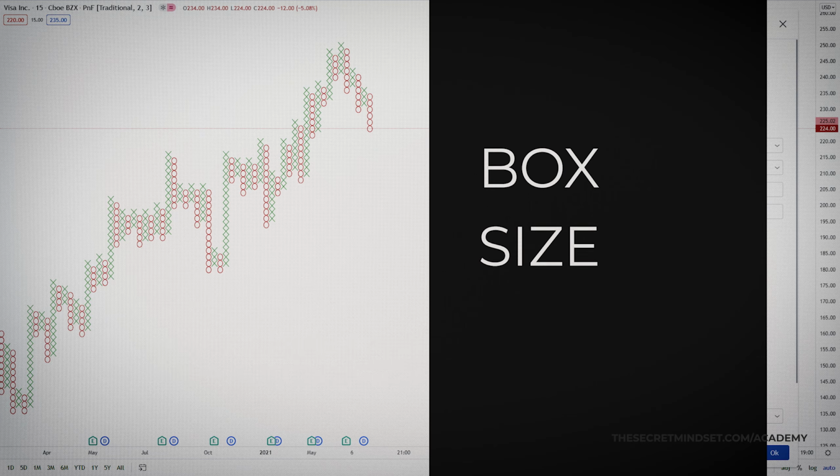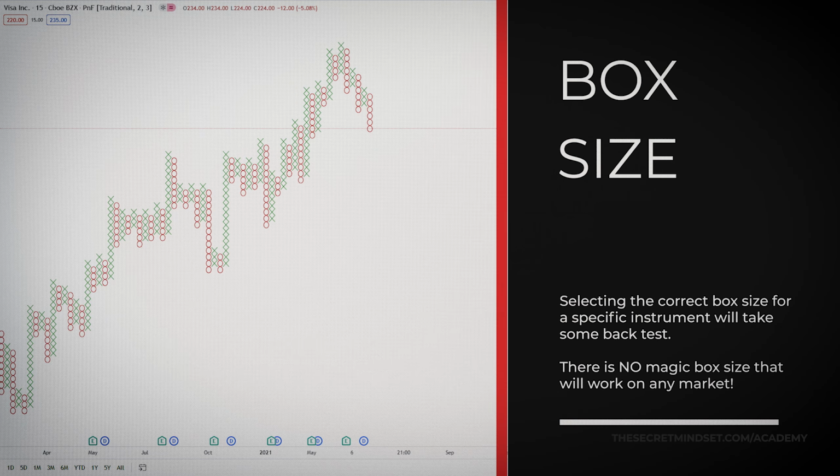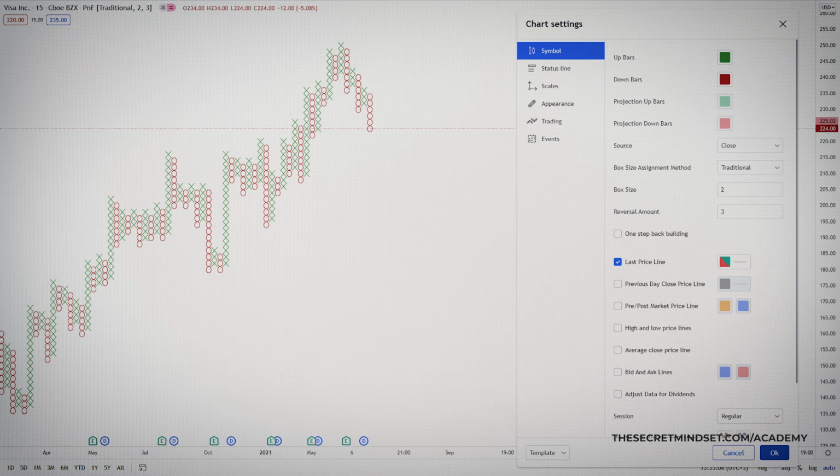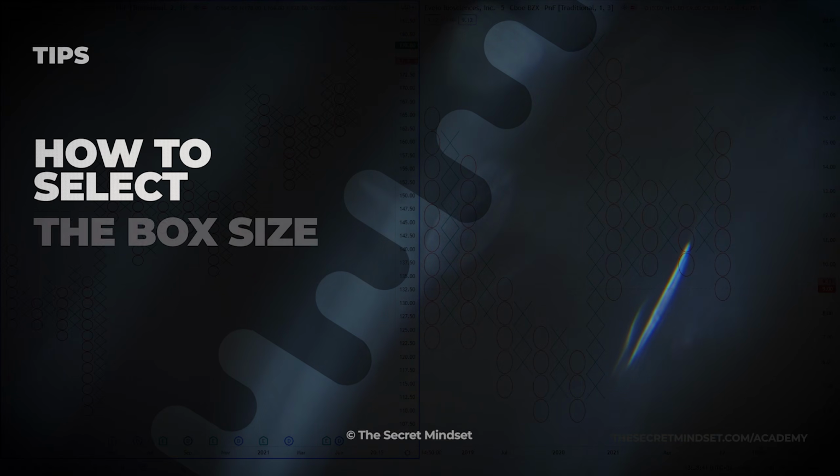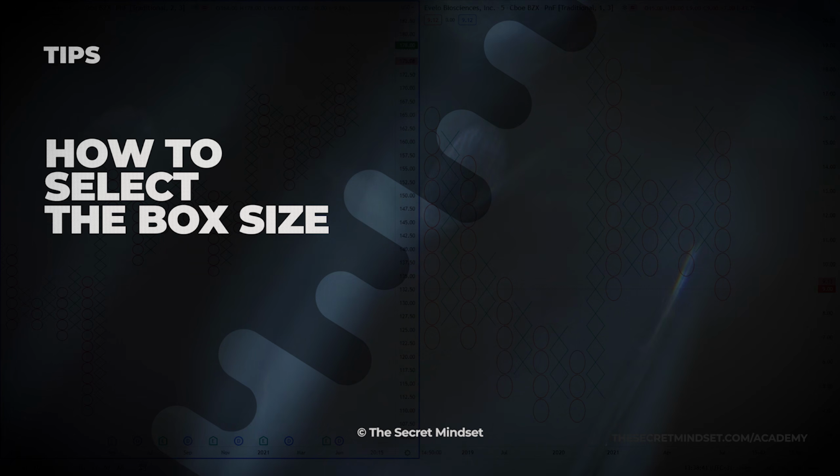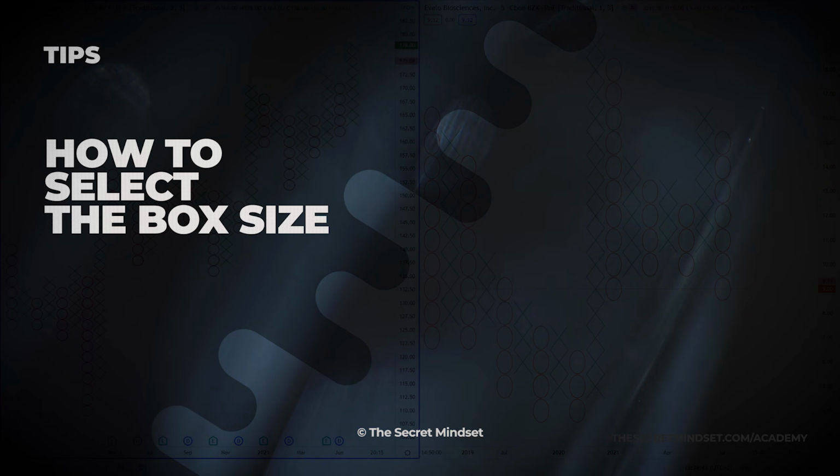selecting the correct box size for a specific instrument will take some backtesting. I wish I had the perfect box size that will work on any market, but this isn't the case. We all have to backtest and find the right size for our trading style. Here are some tips regarding how to set the correct size of the box if you're not using the ATR